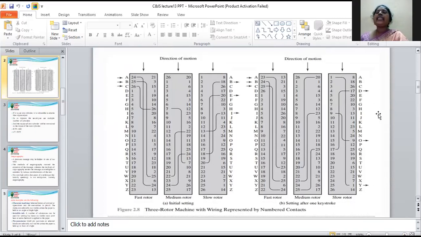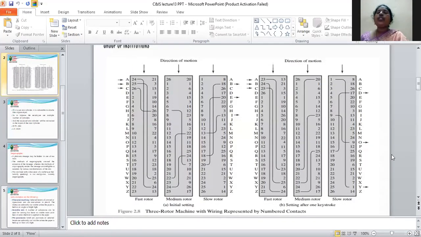Again the next cylinder has the internal connection 7 to 7, 22 to 22 and 24 to 24. Again, the second cylinder output is the third cylinder input. Again, we take the third cylinder input 13, 18, 19.